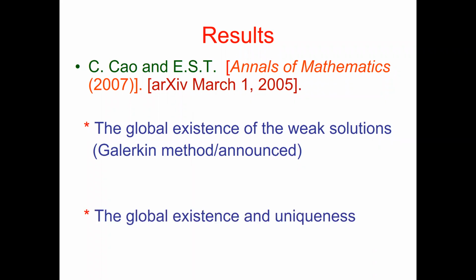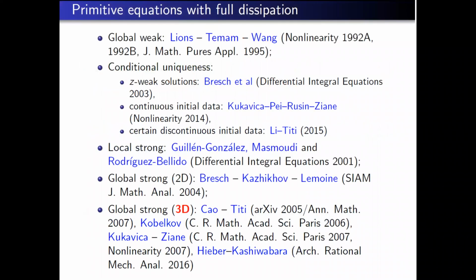So therefore we dropped it, and therefore the global existence and uniqueness of strong solutions. This is the result that we know. I'm not going to talk about it. I spoke about it on previous occasions, but it's important to have it in the background. Okay. So now, as I said, here are some earlier results.